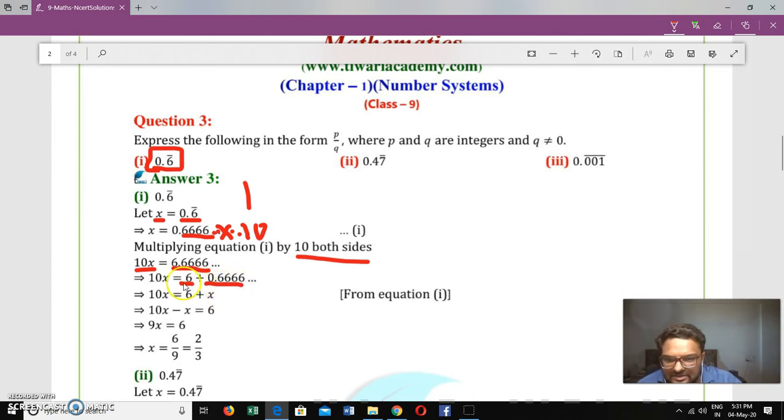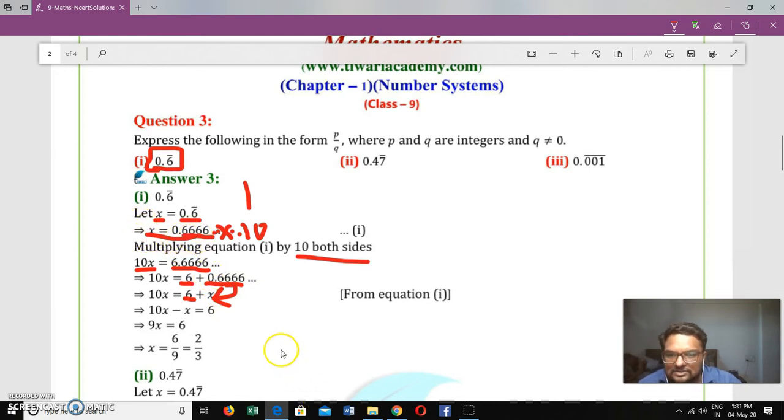If we add these two numbers, we will get 6.6666. Now this 10x, I'll copy down as it is. This x is as it is. Now, in place of 0.66666, we're going to write x, because the value of x is given here